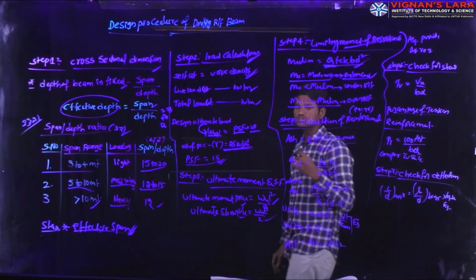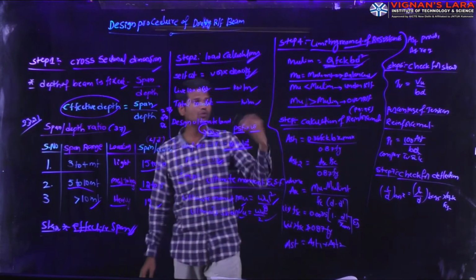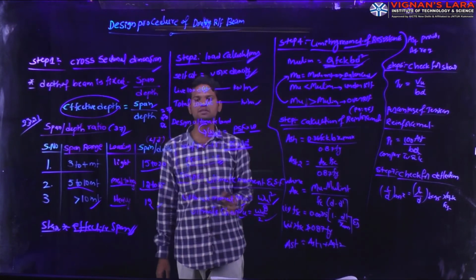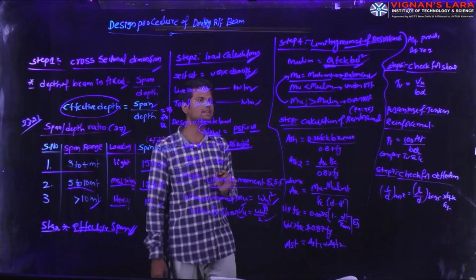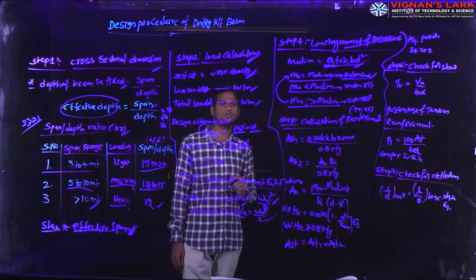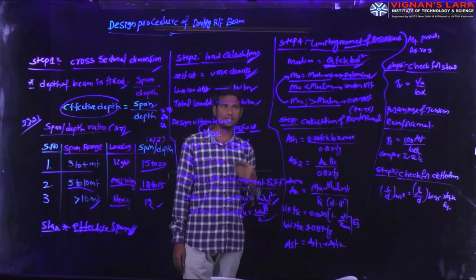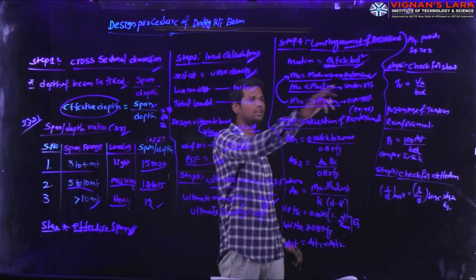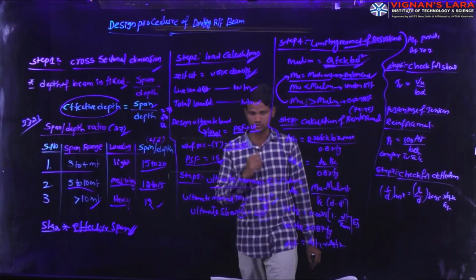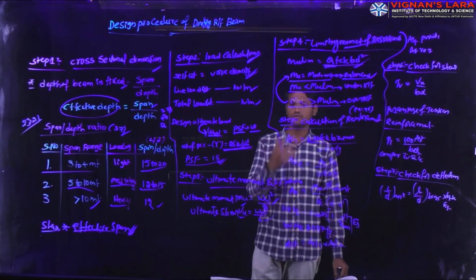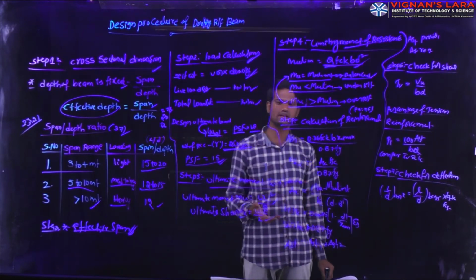Over-reinforced section we won't design; we again will go back to the balanced section. Whereas if you consider the second section, Mu is less than Mu limit, the additional moment will be less than the limiting moment. In those conditions we can say that this section is an under-reinforced section. For this under-reinforced section, again you have to design the beam.